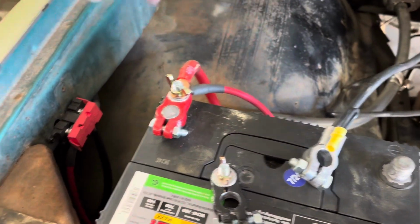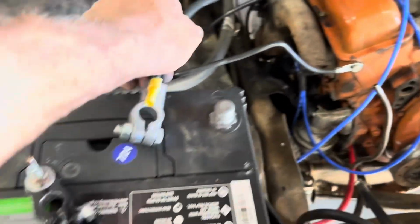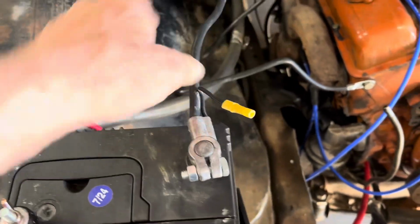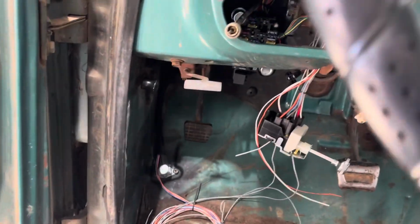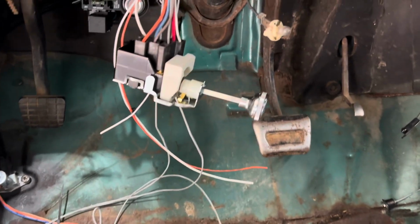Plus with the extra wiring for the painless wiring, it just gives an easy way to hook it up. Still have the original temporary ground I put on there, but I could put that on there and can actually come in here. I had to pull the horn button because as soon as I hit that positive or the negative, it... I don't want to, I'm just going to crank it for a little bit because I don't want to get any oil, but